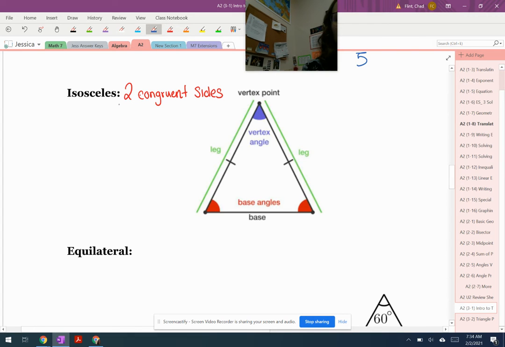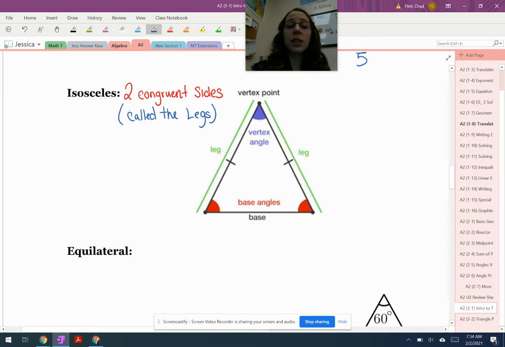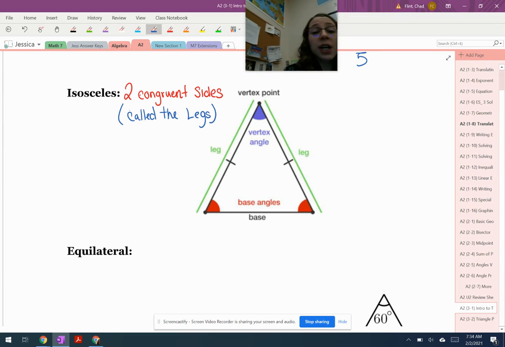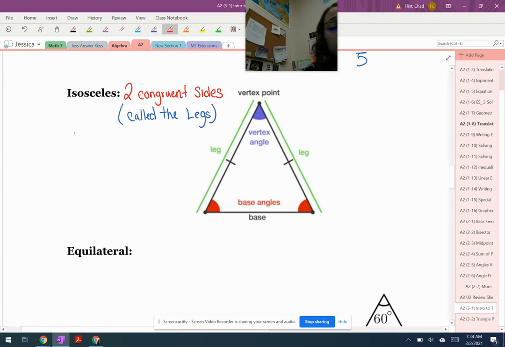Those two congruent sides are called your legs. Right, so in our picture here, the legs that are equal are highlighted in green, those two green legs. Well, your picture might not be colored, but the video is. So it's got two congruent sides, which then also means it has two congruent